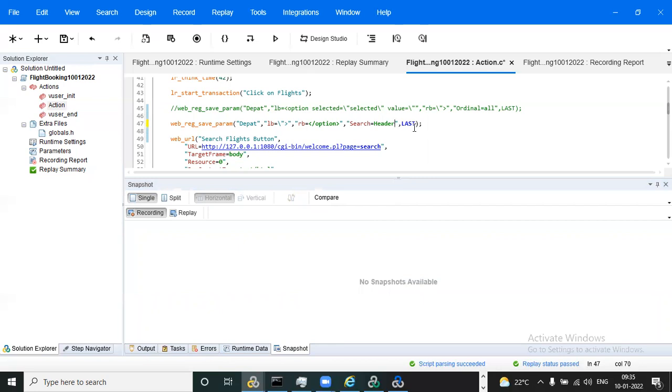And one more thing will be there, that is the RelFrameID. These are all arguments.